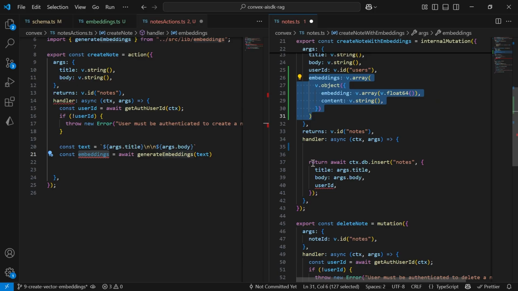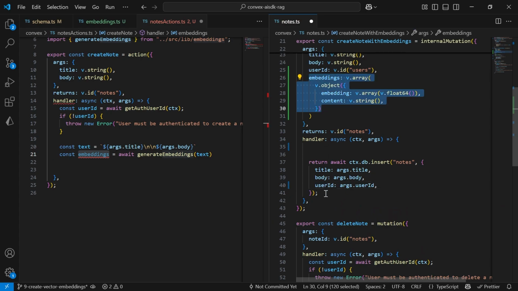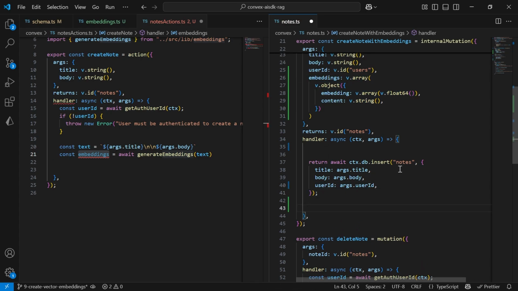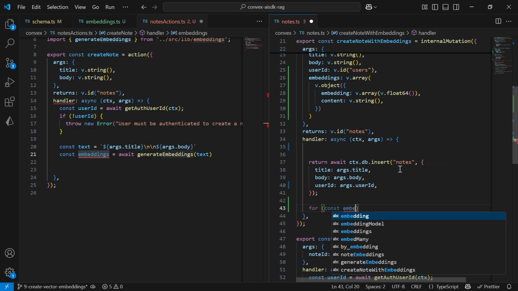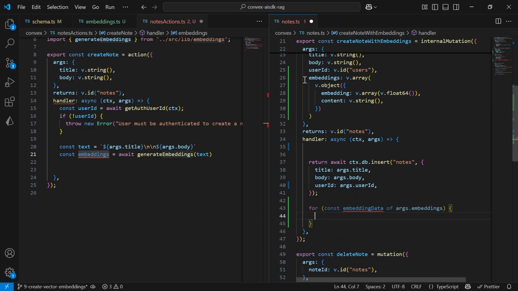So inside this handler, we still insert our node, right? But now the user ID is coming from the args. So we change this. And now we also want to store these embeddings in the database, in the table we created. So below, in Convex, it works like this. You create a loop in JavaScript: for const embeddingData of args.embeddings. So we want to loop through all the embeddings that we pass to this function and then store them in the database. So await